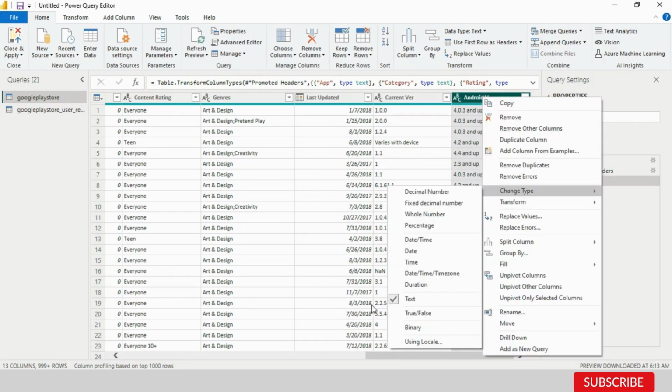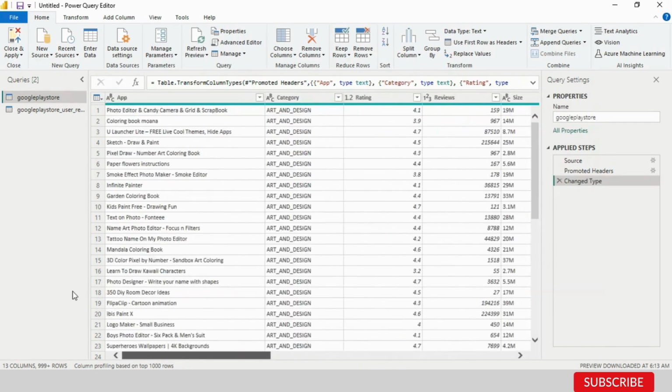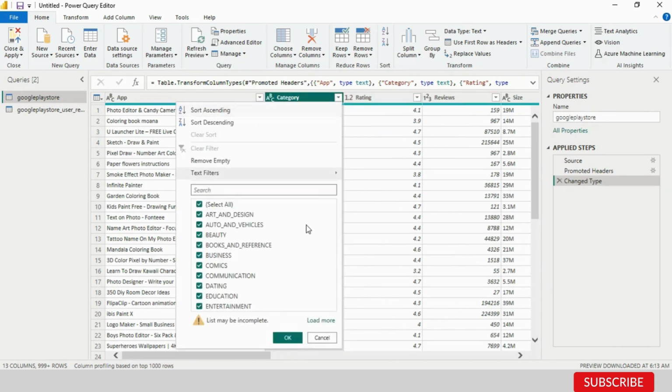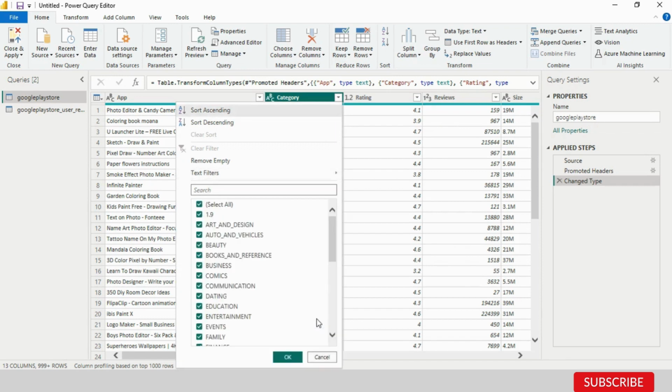Now I'm removing NaN values that are in our data set. As you can see in the category, we have 1.9, which is not a definable category. It might be some error in our data, so I'm just removing this 1.9 in the category tab,